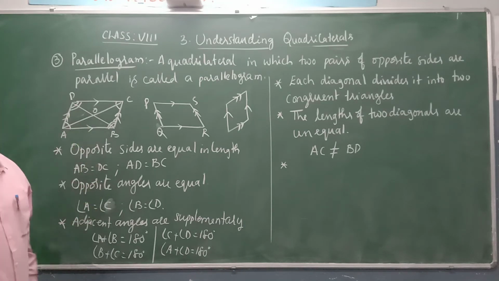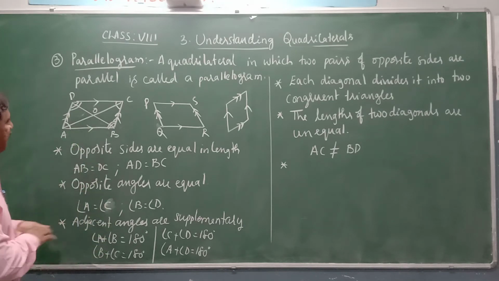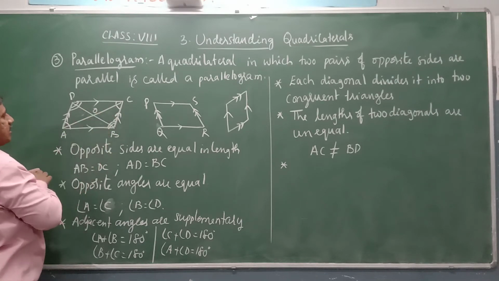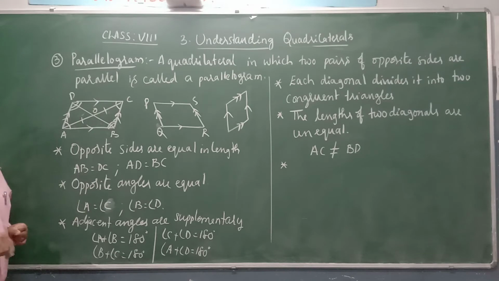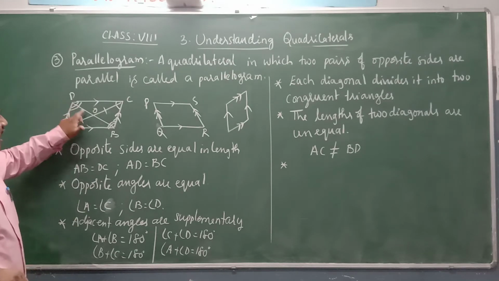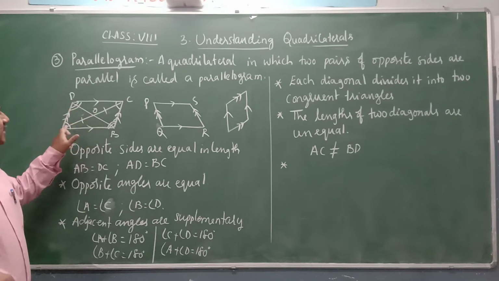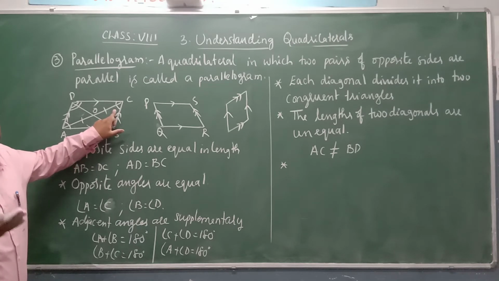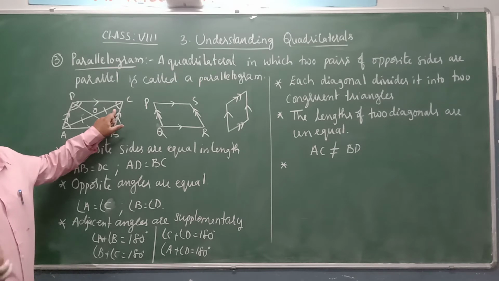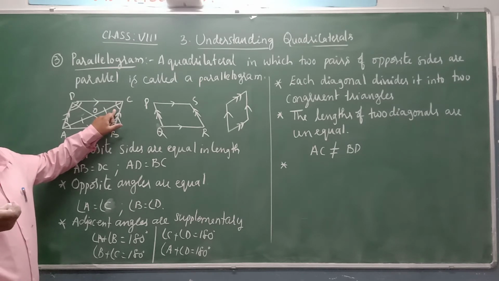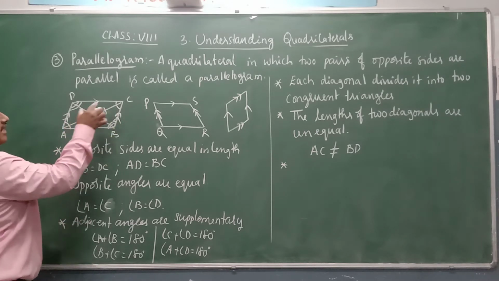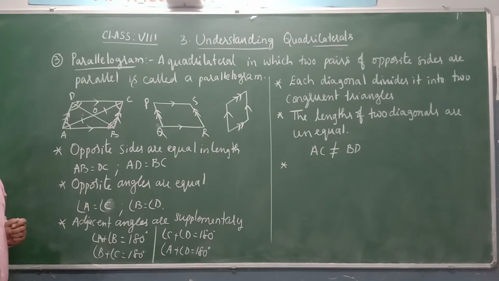They are intersecting. How are they intersecting? If you measure the length of OA and OC, you will find they are equal in length. That means the diagonal BD is bisecting the other diagonal AC. Bisecting means dividing into two equal segments. Bi means two, sector means parts. Two equal parts. That is, length of OA is equal to length of OC.